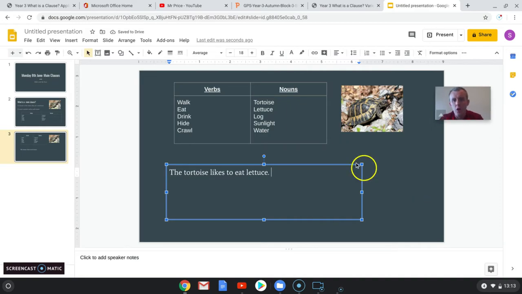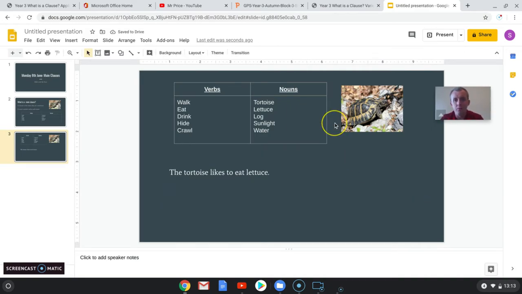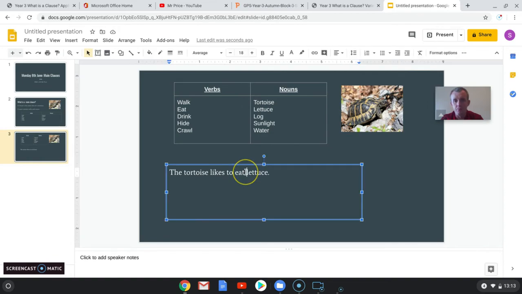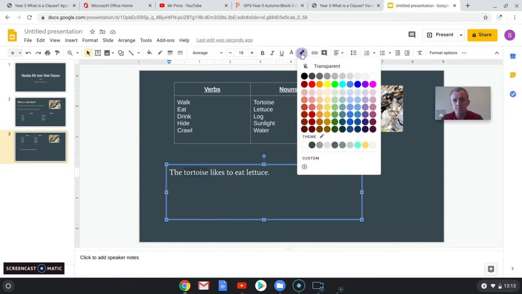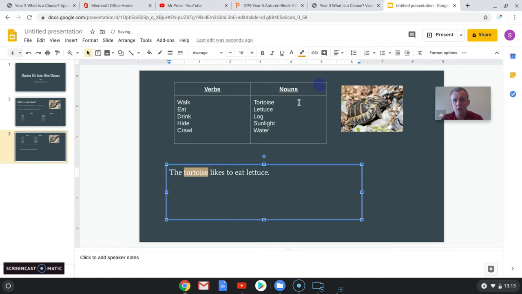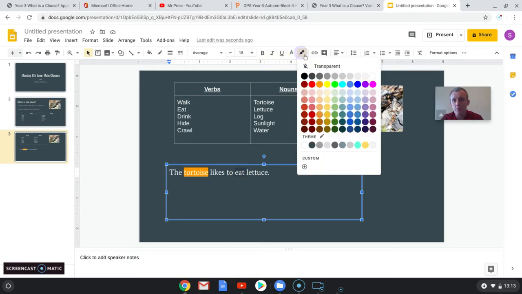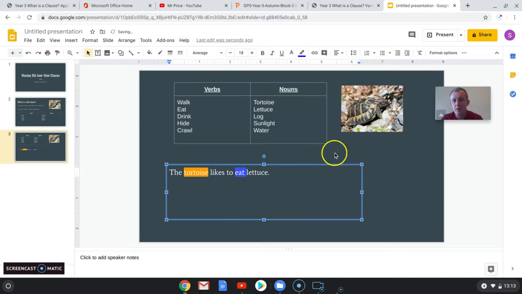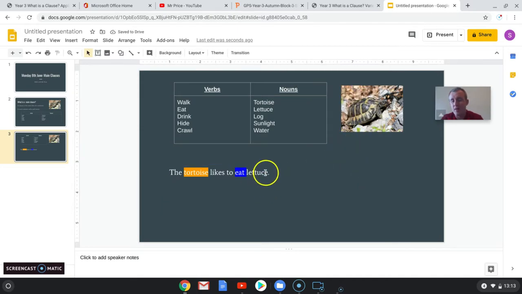Now, this is an example of a main clause. Okay, it contains one noun, tortoise, and it also contains a verb. In this case, our verb is eat. Now, what you spotted on the end there is, yes, I have used another noun in the form of lettuce,